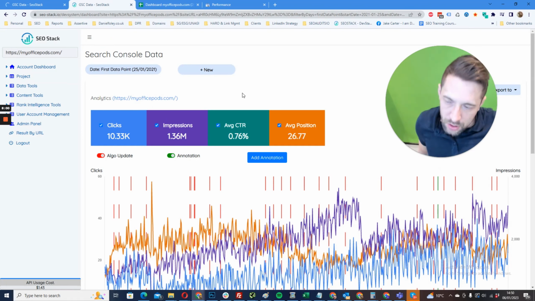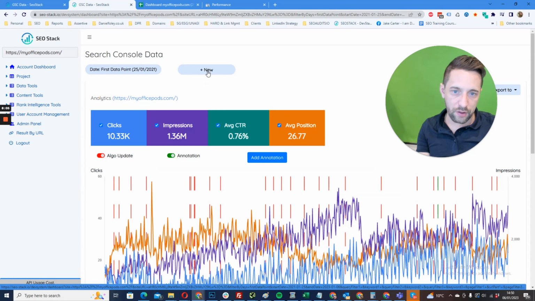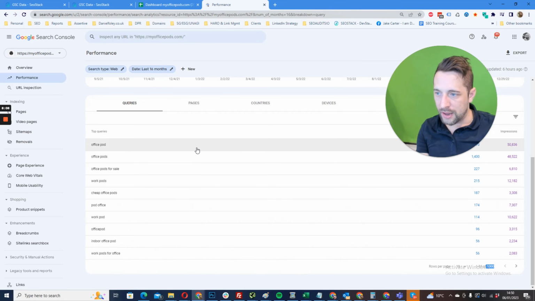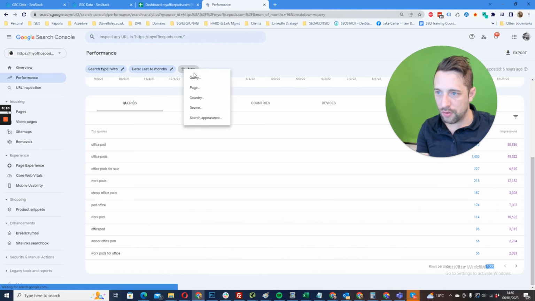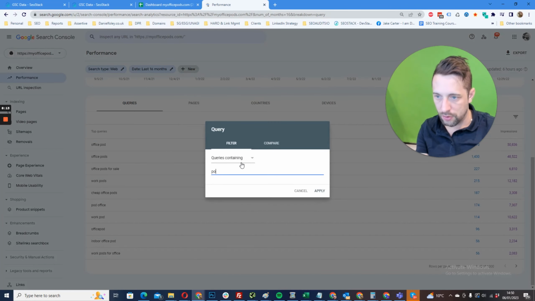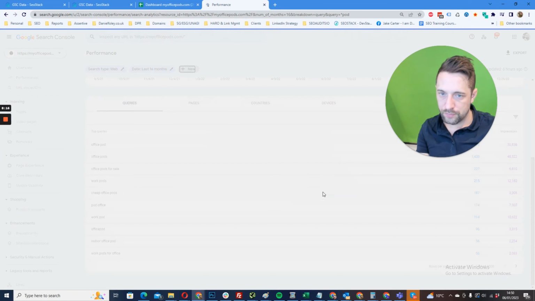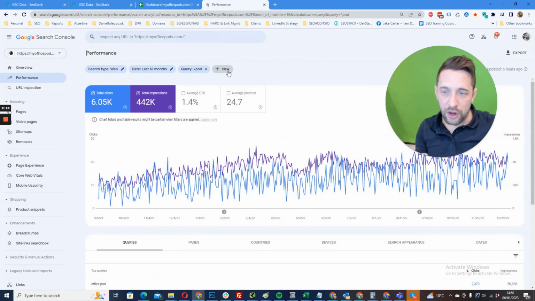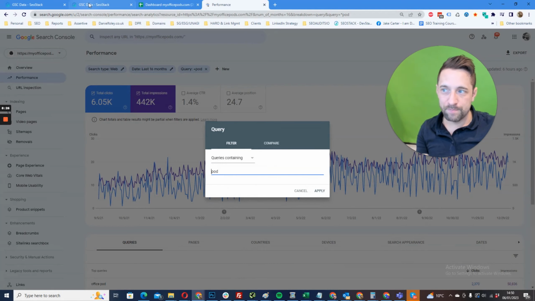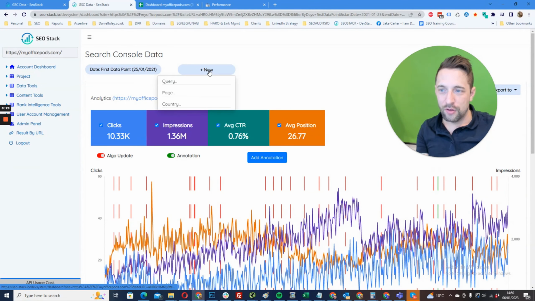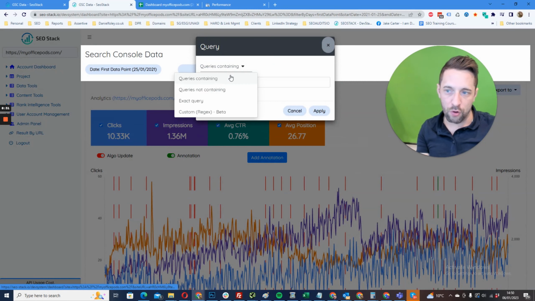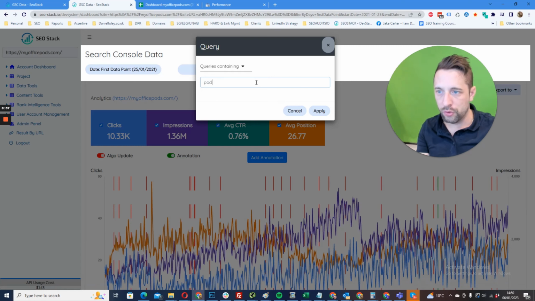Now, the other thing that you can do with SEO Stack is that you can layer queries. So in GSC, let's say I want all of the queries that contain the word pod, okay? Then I want to exclude a query containing office. Well, I can't do that in GSC, but in SEO Stack we can. So in SEO Stack I can do new query, and I've got queries containing regex, okay? So I can do queries containing pod,